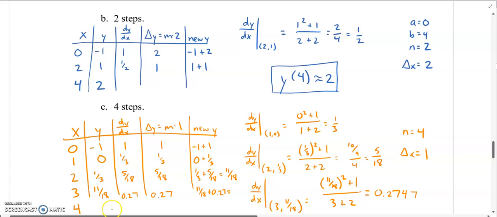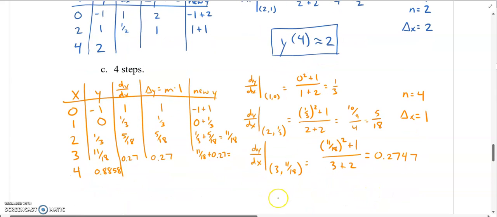And whatever we get, I'll go ahead and add that real quick, plus 11 over 18. And we get 0.8858. Okay. So according to Euler's method with 4 steps, we're going to get y of 4 is approximately equal to